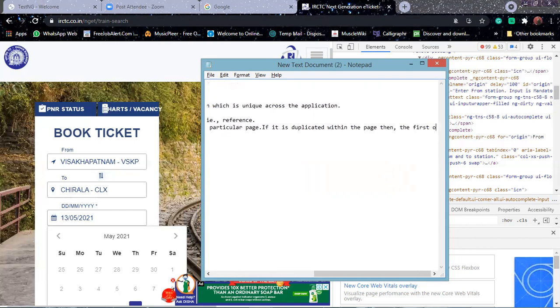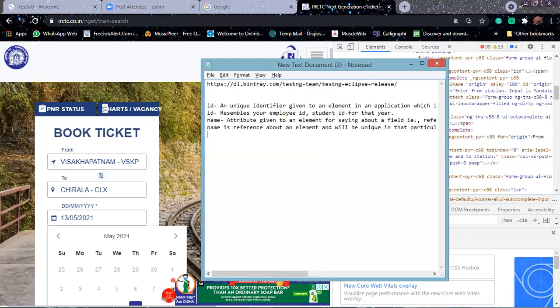Always remember this. Go to the next line. Name is like your employee name or student name. Make a note. Examples: employee name.